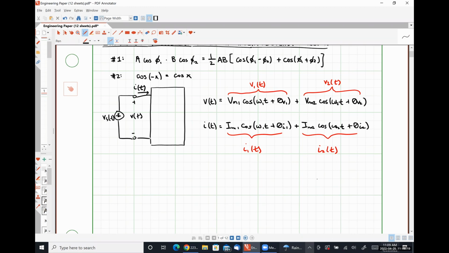Using these designations, our instantaneous power, P of t, is simply the product of V of t times I of t, or V1 times I1 plus V1 times I2 plus V2 times I1 plus V2 times I2. And as you can imagine, all of this cross multiplication of sinusoids is going to make our expression for our instantaneous power quite a monstrous equation. Okay. So let's start